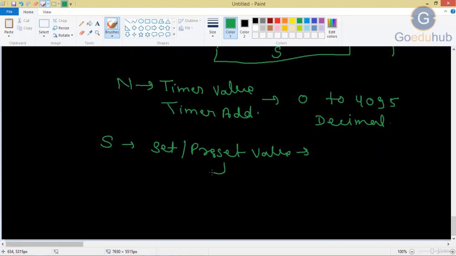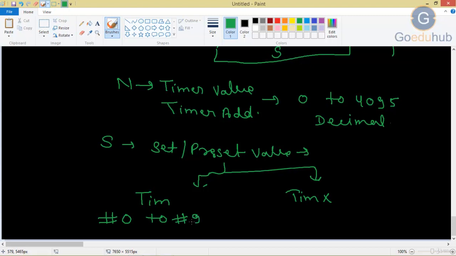For the TIM instruction we provide #0 to #9999, for 999.9 second. As I already told you, maximum we can provide up to this point.